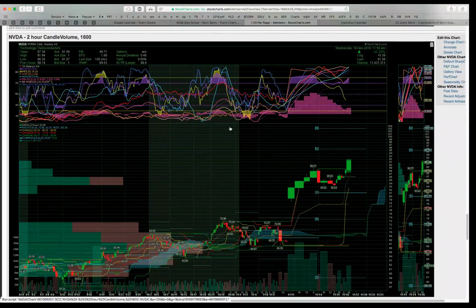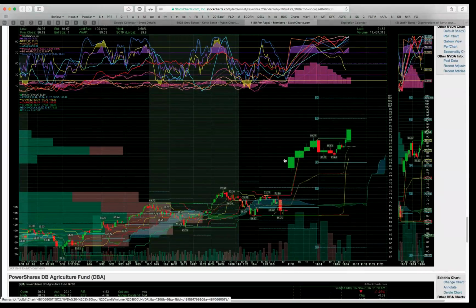NVIDIA here, part of the whole semiconductor deal, the whole gap deal and everything. This is one of those that if the market is going to go higher here, I'd be looking to go against it here because of how far it's moved